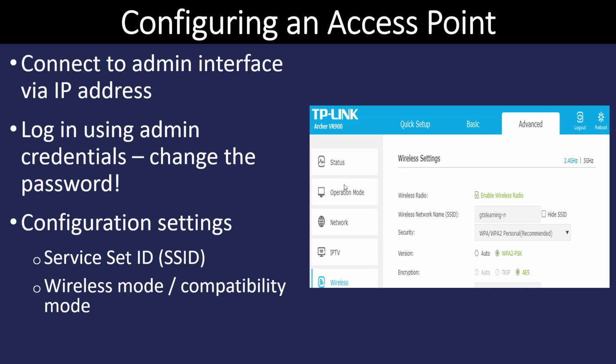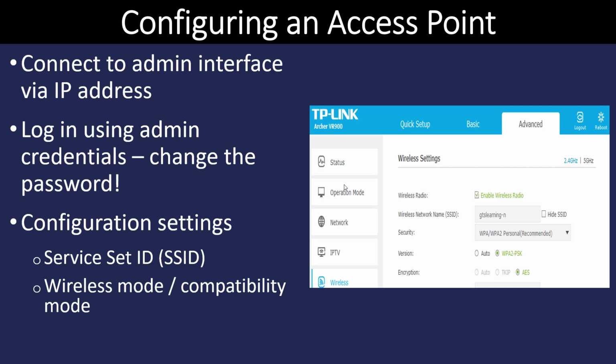The first thing we have to do is figure out how do we get into the configuration of our access point. If it's the device that we got from our ISP, likely the instructions on how to get into it are going to be on the bottom of it, along with the username and password. If you bought a commercial product, it's going to be in the directions. But the first thing you always want to do is locate that. It's likely that you're going to use your browser and navigate to an IP address that's given, so maybe